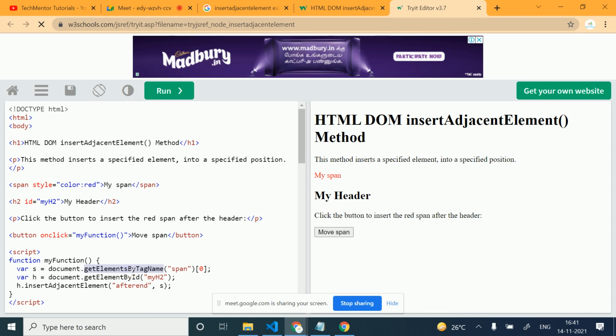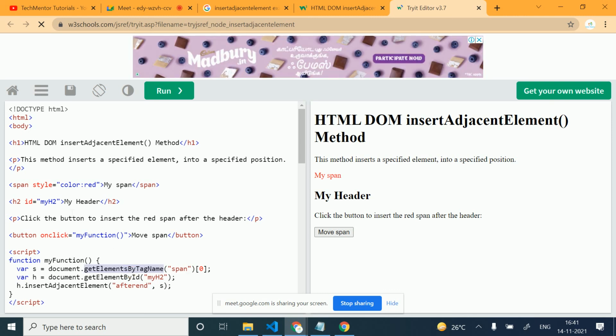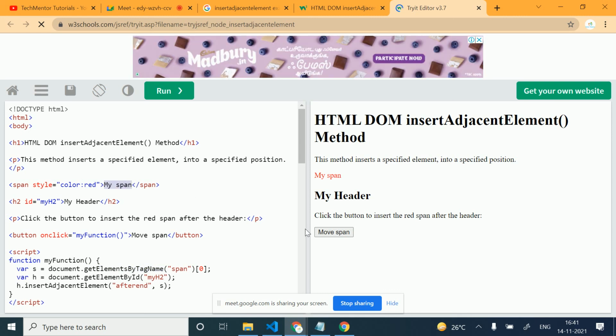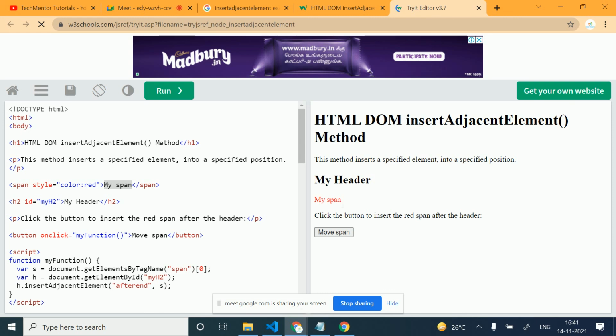So they are fetching this by getElementById for the span. Where is the span here? So yeah, they are getting my span here. When we click here, then they are adding the my span here.